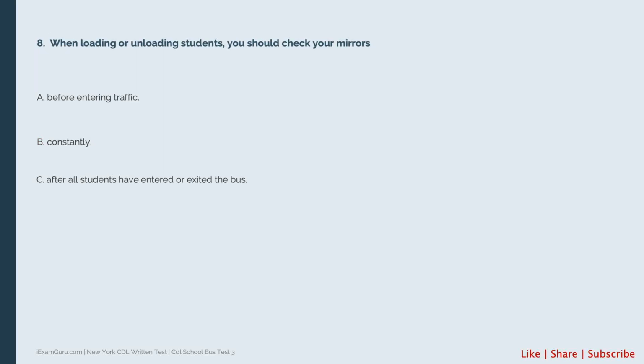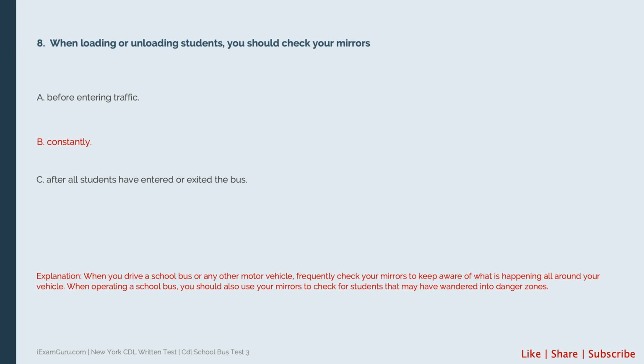Question: when loading or unloading students, you should check your mirrors. Options are: Option A, before entering traffic. Option B, constantly. Option C, after all students have entered or exited the bus. Answer is, constantly. Explanation is, when you drive a school bus or any other motor vehicle, frequently check your mirrors